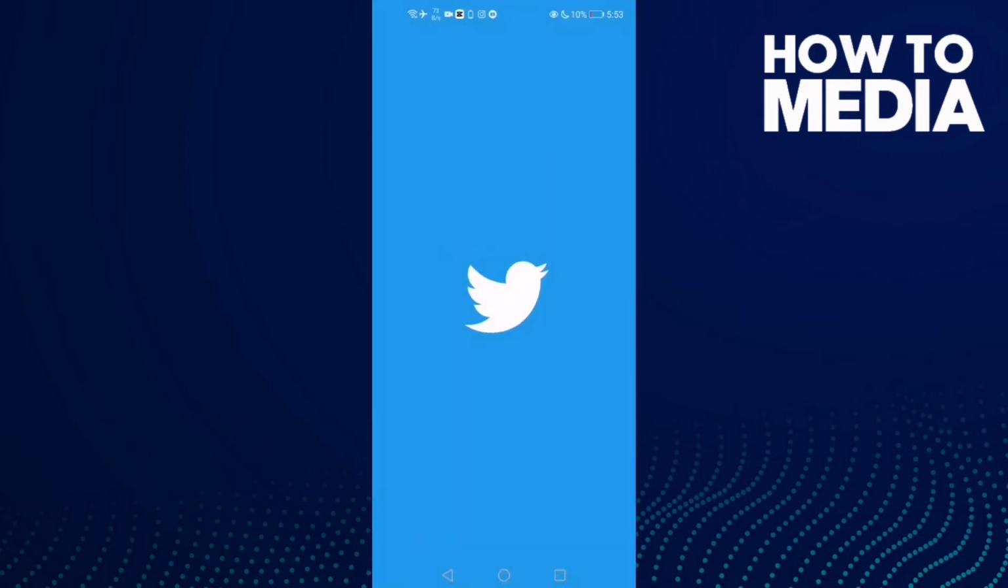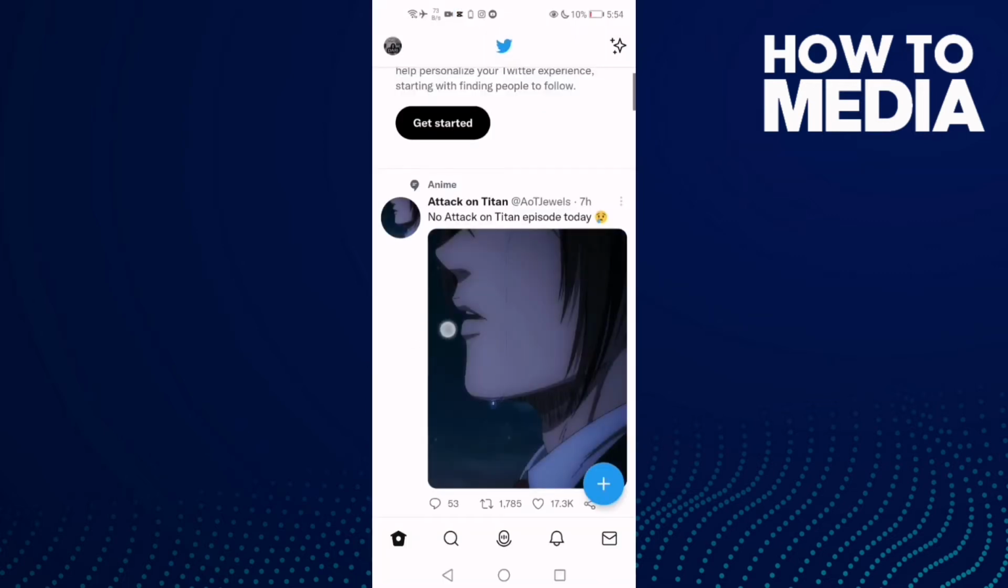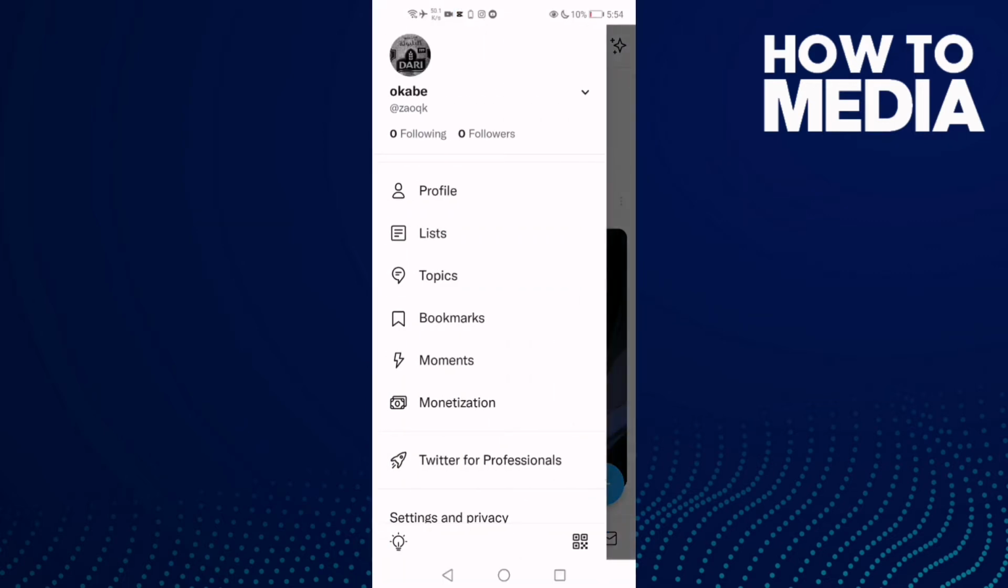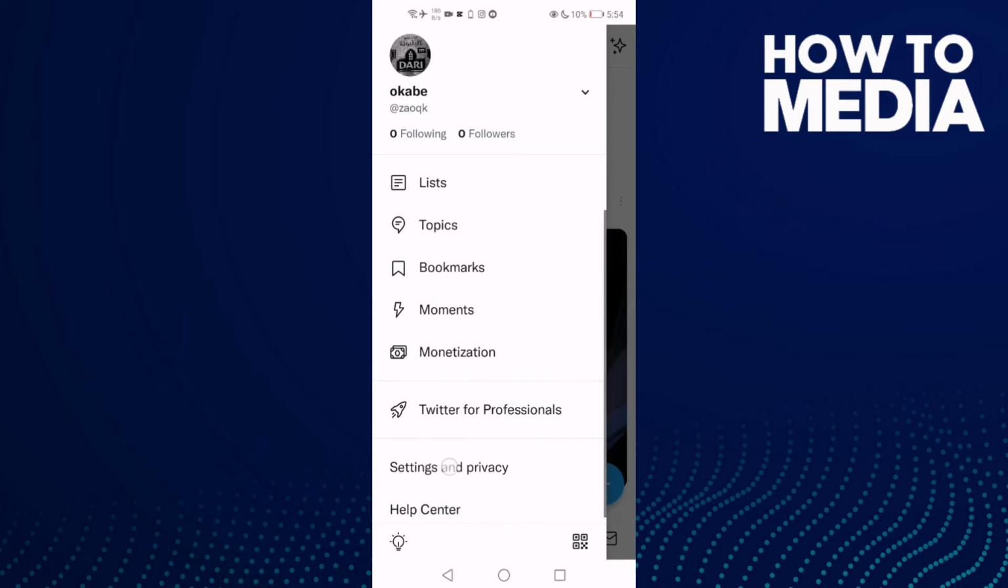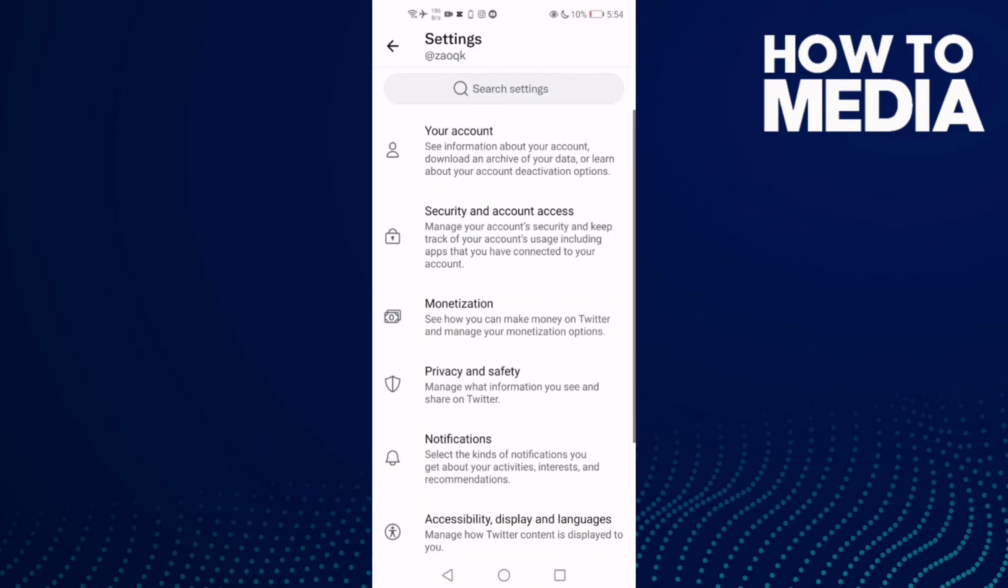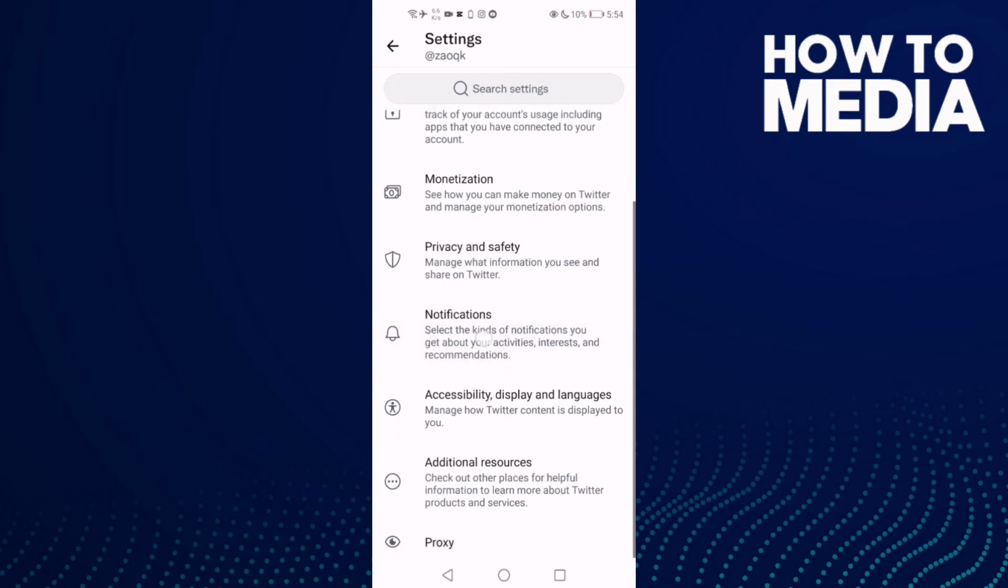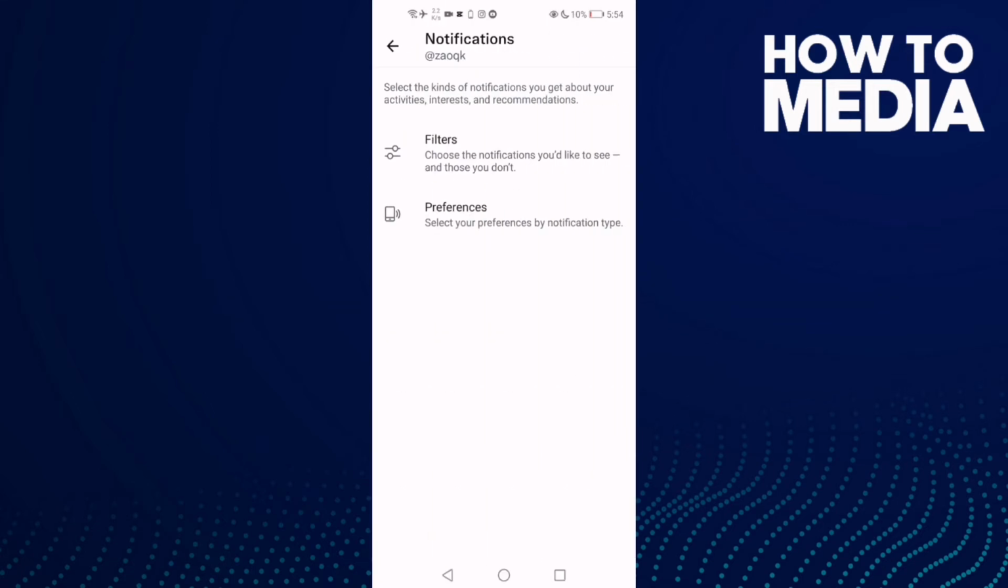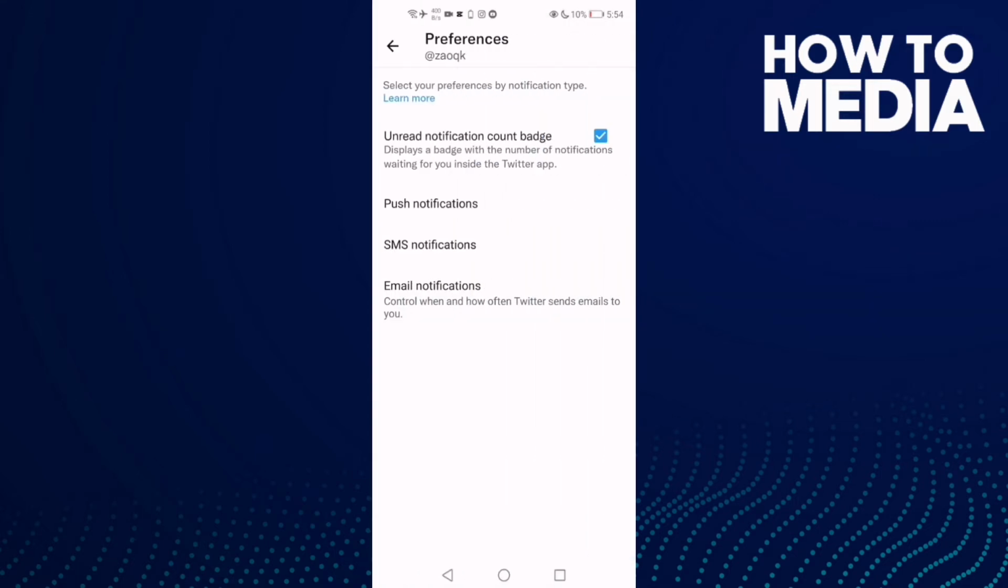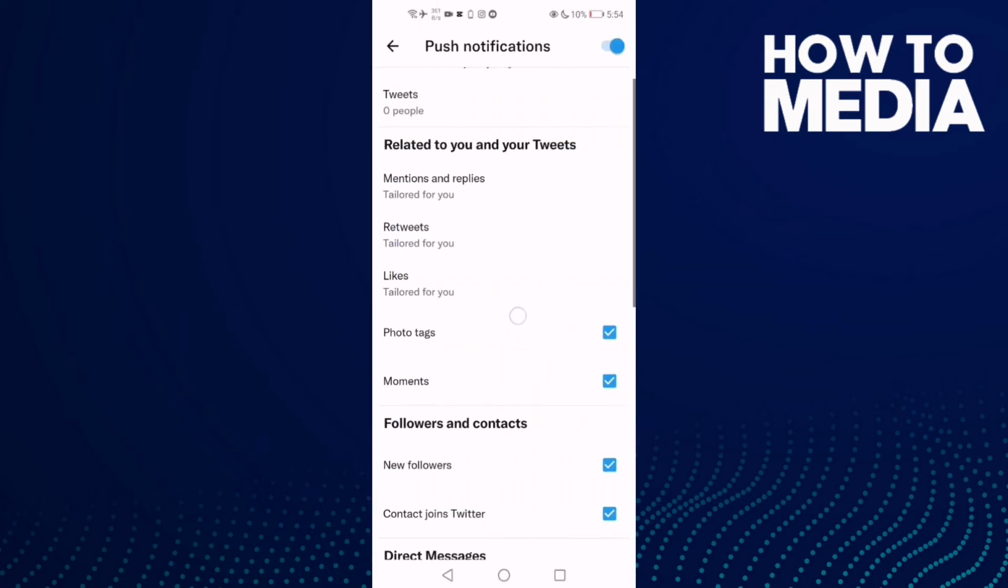First go to Twitter and then go here and go down and you will find this one, settings and privacy, and then you will see notifications. Click on it and then click here, preferences, and then click this one, push notifications, and as you see now